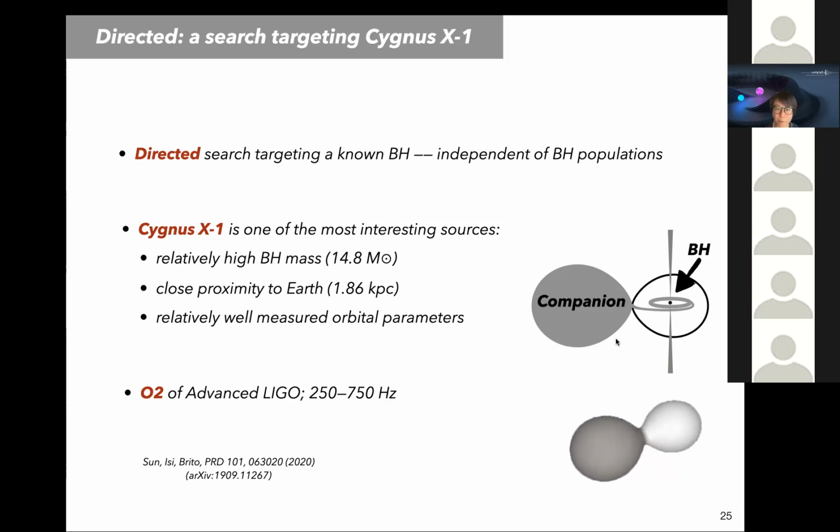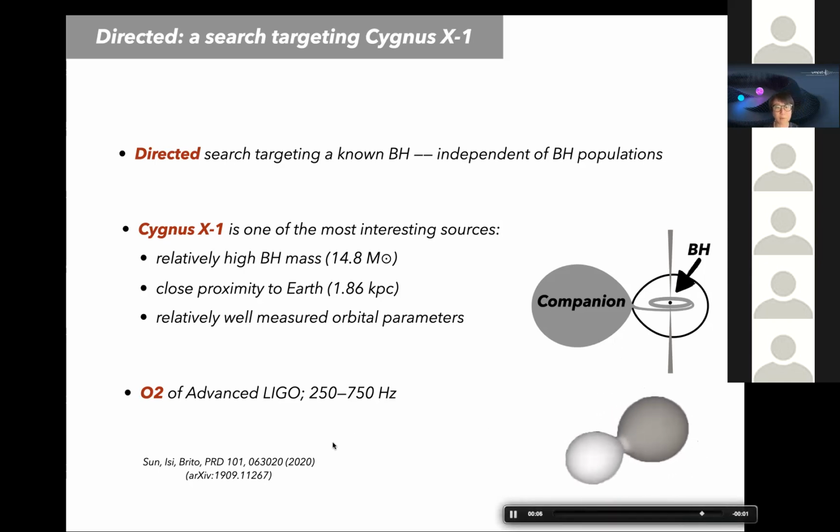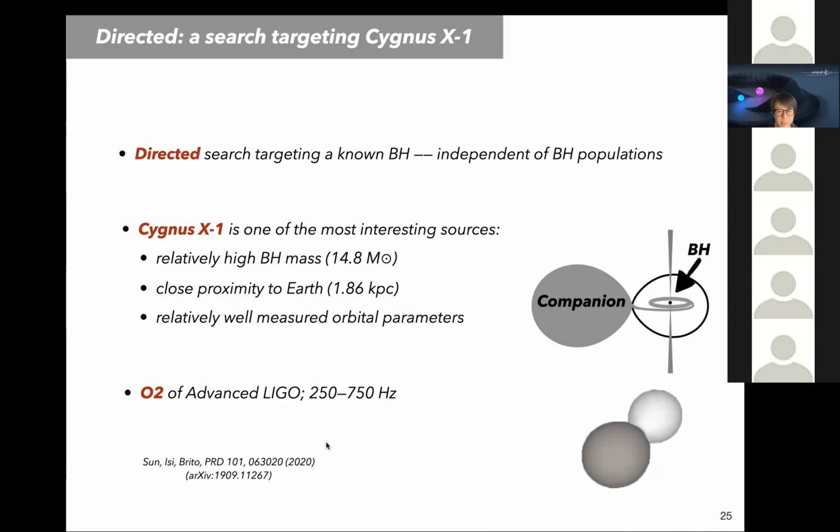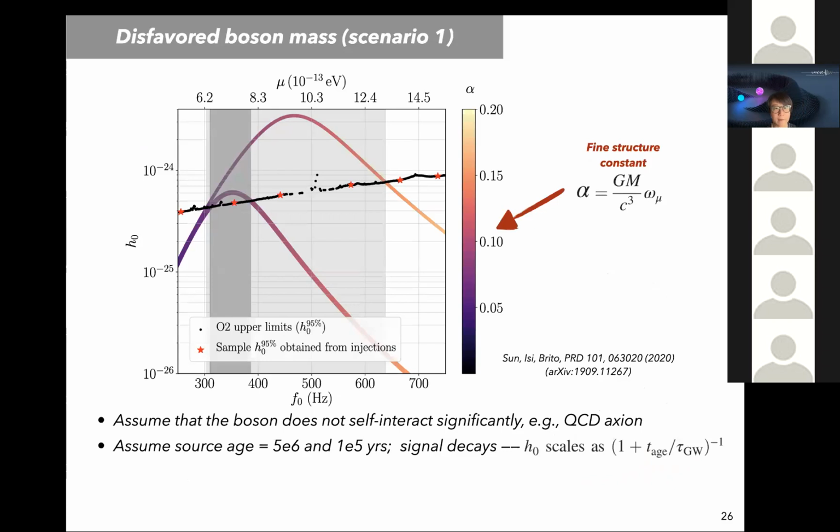Cygnus X-1 has relatively well measured optical parameters compared to the other X-ray black holes, but still the precision is not good enough. So what we actually did is to search over a parameter space, although relatively narrow, of these optical parameters to make sure our search is sensitive enough to cover the uncertainty of these parameters. So we looked in the second observing run of Advanced LIGO in the frequency band of 250 to 750 Hertz. Unfortunately, there's no interesting signal candidate, and we don't have any detection, but the results can be interpreted under different